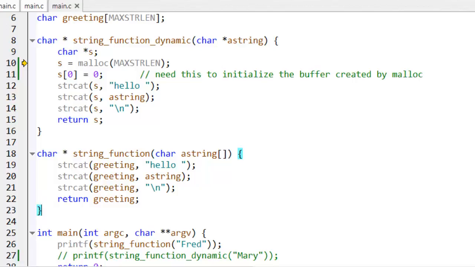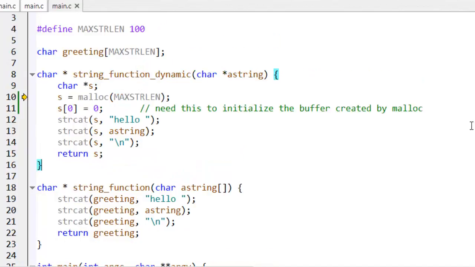Now I have to tell malloc how much memory, that is how many bytes, I need to be allocated. It doesn't matter too much if I allocate more memory than I really need, but it could be catastrophic if I allocate less memory than is required. In this case, I've decided to allocate 100 bytes, and I've defined, as you can see up here, the MAX_STRLEN constant to be 100, and that's the definition that I use to specify that I need 100 bytes